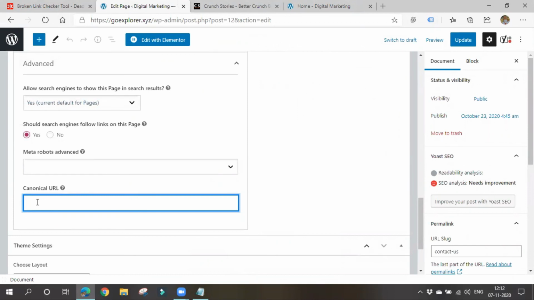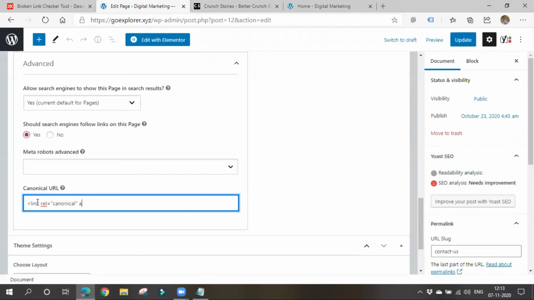Now what you have to do is say to Google that I created these pages only for the sake of different devices. I'm not duplicating any kind of content. I created this page for the sake of mobile, this one for desktop, and this one for tablet, but I'm not creating any kind of duplicate content. In such a way, I have to say it to Google. For this, you have to write a bit of coding, just one-liner coding. Please make a note of it. link rel equal to canonical. Okay, you have to use this.